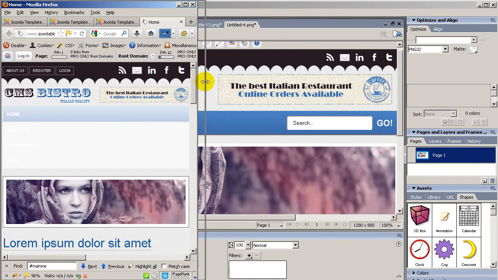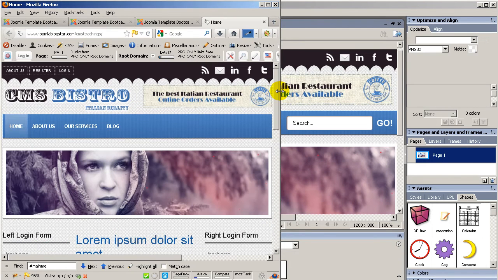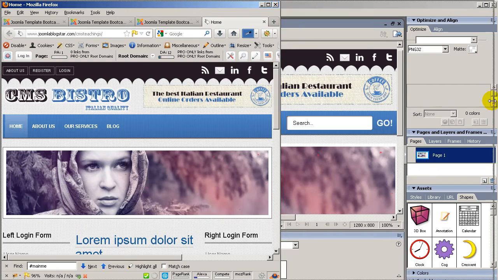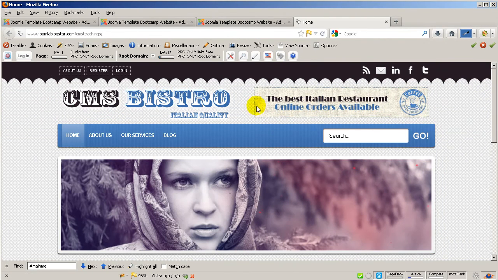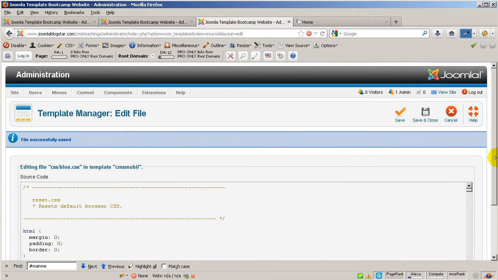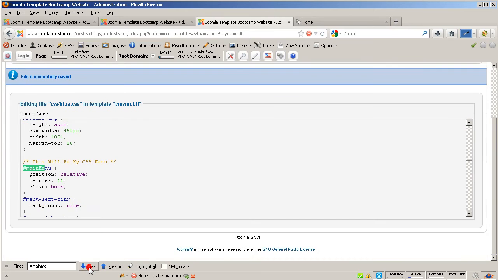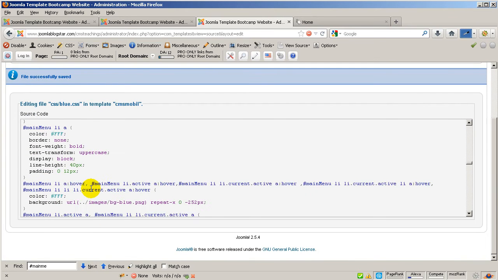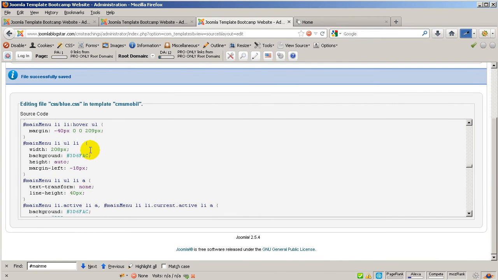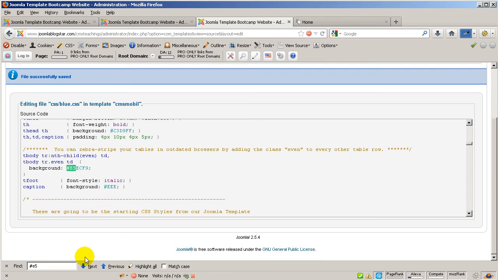Why? Because you will need to change. Remember, the mobile will be one thing, and the main website, in this case the bigger website, will be another thing. So you will need to look inside the CSS. Let me go back, and we are going to copy this color in here. Then we are going to write down E5, E5. Let me go back, and E in capital letter 5,